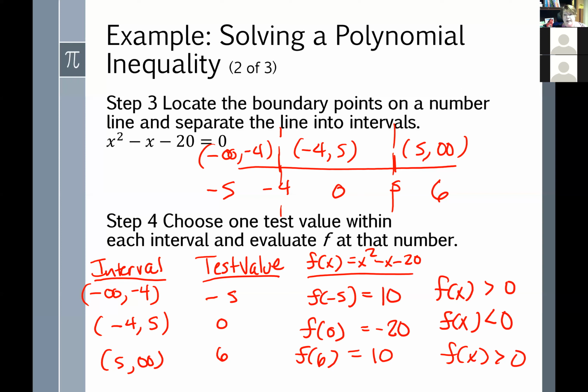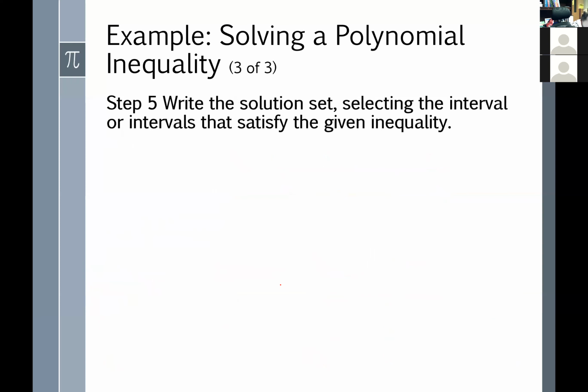So where is this function positive? Because our original function was greater than. I don't know why I've got the equals there. It's greater than right there. So where is it positive? It's positive from -∞ to -4 and from 5 to infinity. So what's the solution to this inequality? Any number less than -4 or greater than 5. So your solution is